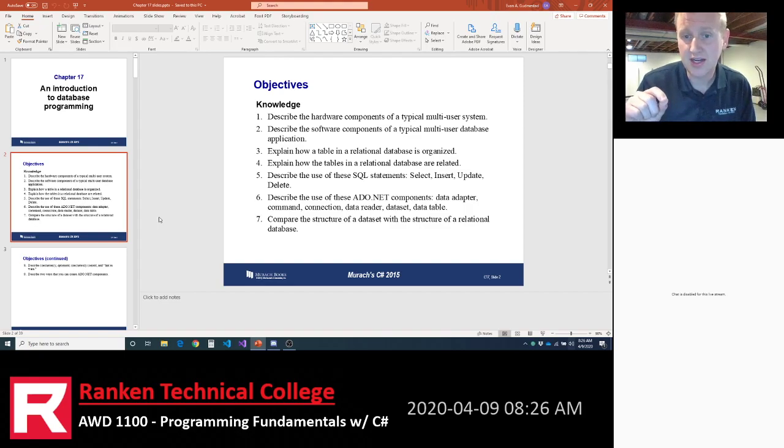The most common command in SQL, the most common by far, is select. So when we're learning SQL, I'm going to make up a statistic here. I don't know how common it is, but I'd say 90% of the time, totally made up, you're going to be running a select command. And so we're going to focus our learning around select. We're going to do the other commands. We're going to practice them, but focus on select.